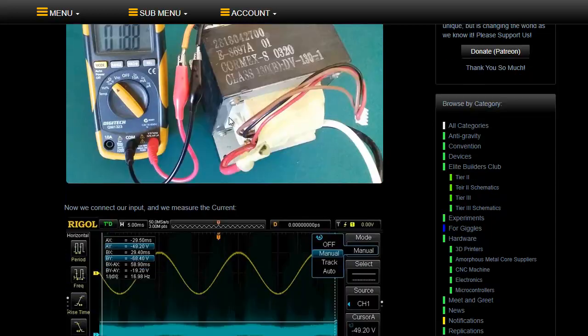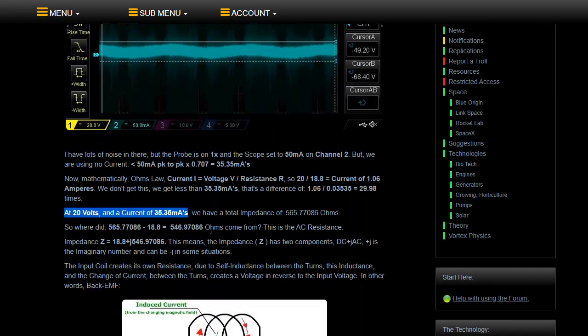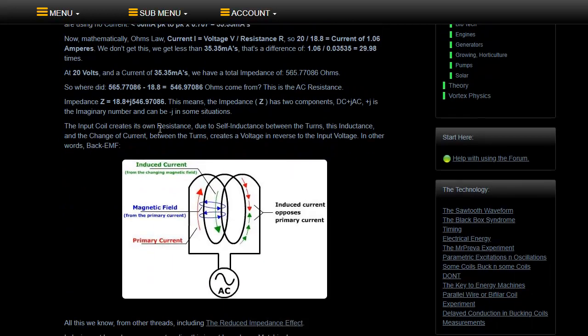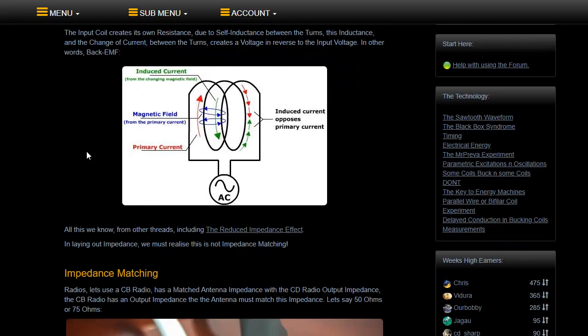Okay. So what we did is we shorted the output, and then after shorting the output we actually measured and used Ohm's law to calculate the difference. So this is the impedance in ohms. This is the AC and DC impedance in ohms, 565.77, and that's based on 20 volts at the input and the measured current of approximately 35.35 milliamps. Okay, so what we did after this was we shorted the output